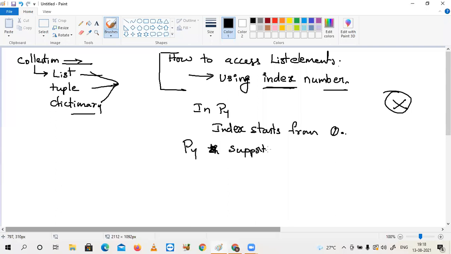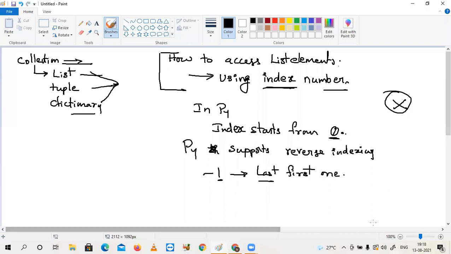Suppose you want the last one: -1 means the last one. Whenever you want the last, you give the position; whenever you want the first, you give the index number. Let's check these things.